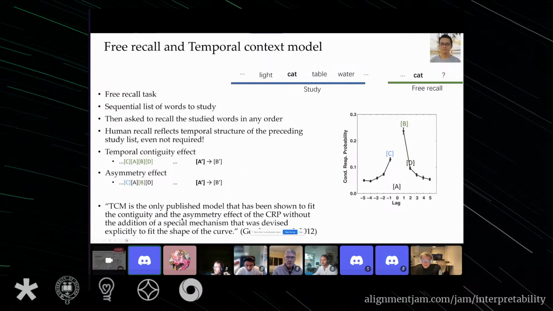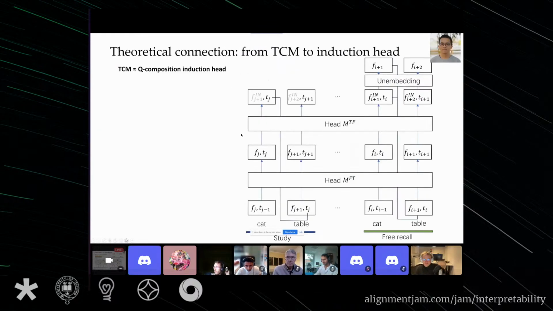In one paper, they have commented that the TCM is the only published model that can naturally account for this different type of effect observed in human free recall memory. Now I will show you how we can directly relate the TCM model proposed in the past to the two-layer